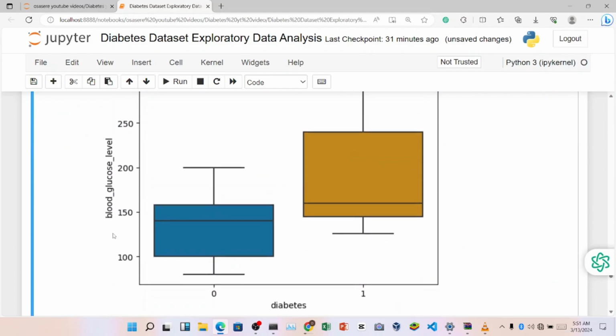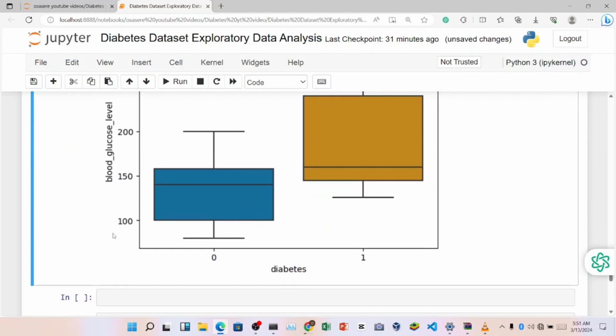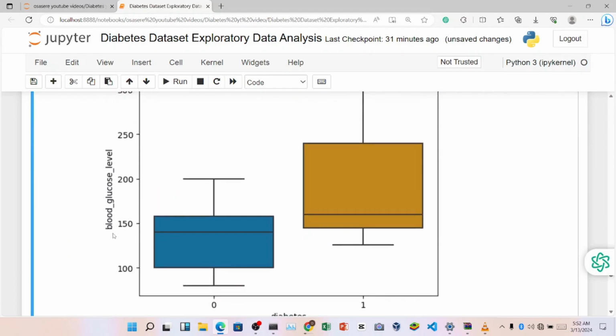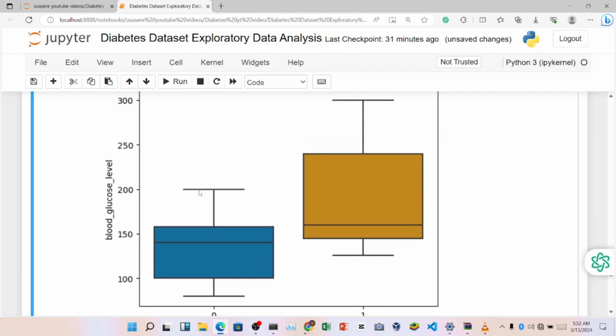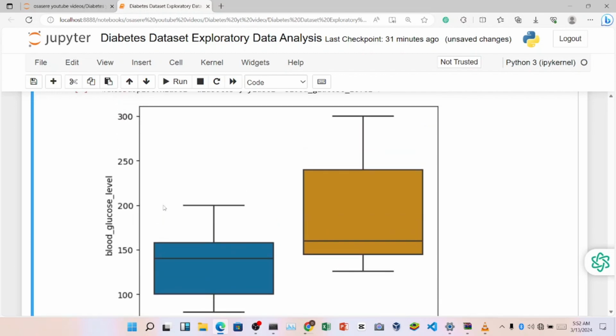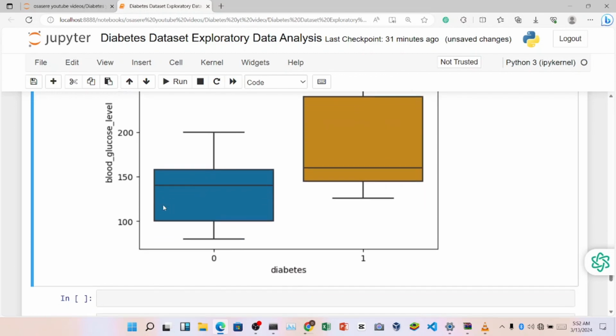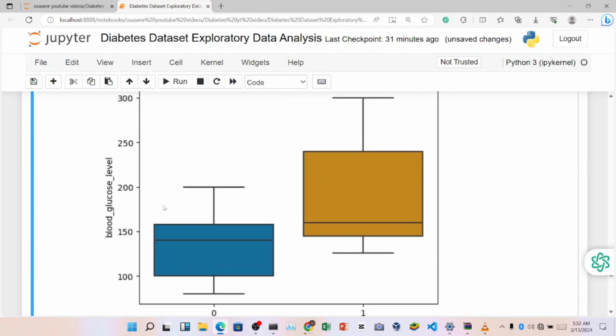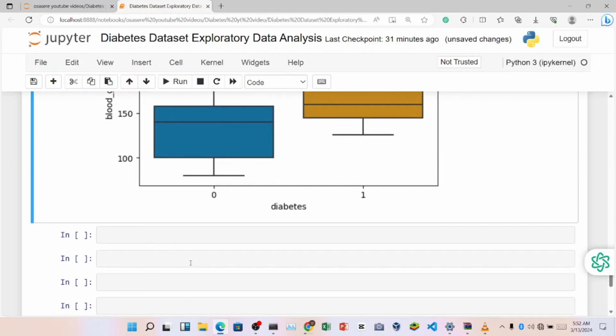So here we have the plot. You can see that patients who have a blood glucose level above 150 tend to have a higher risk of getting diabetes. Okay, that's what this simply means. You can see here patients whose blood glucose level is greater than 150 tend to have diabetes from our observation here. Okay, so let's also compare